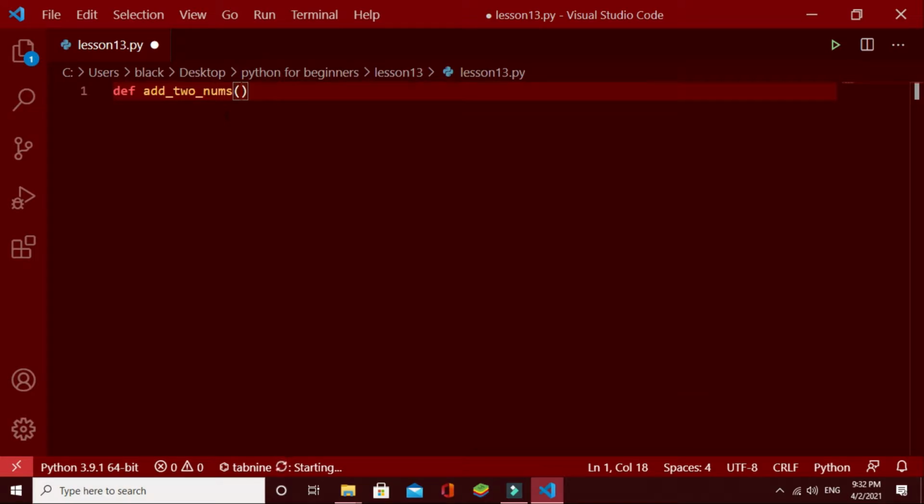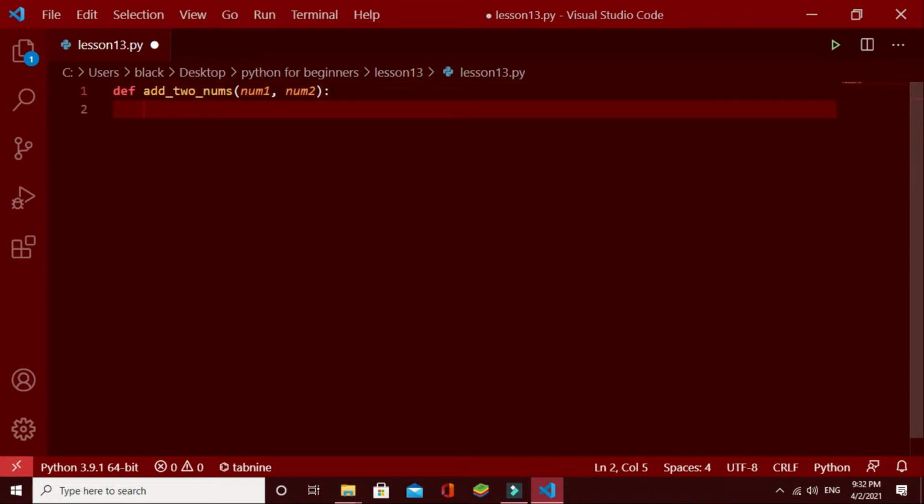Then we have to pass inputs inside the parentheses. In this case, we have to give two inputs, which are num1 and num2. And after that, we have to give the colon, and just like in conditional statements and loops, we have to keep this space. Then we can write our code.